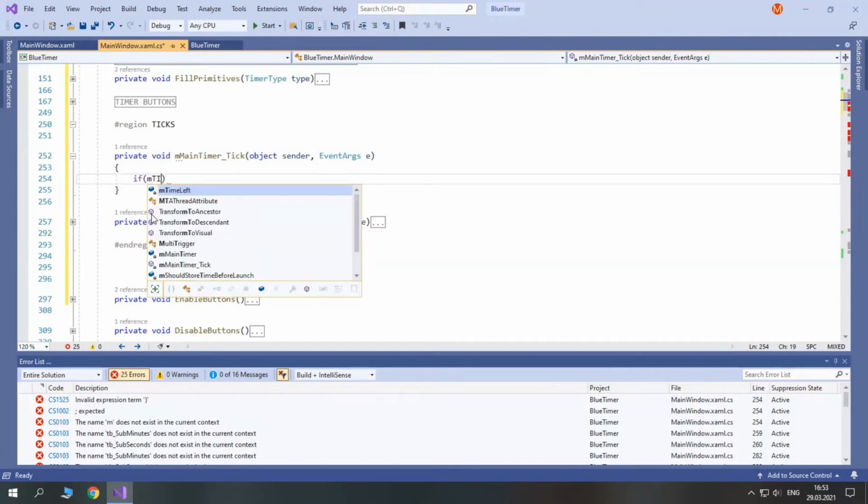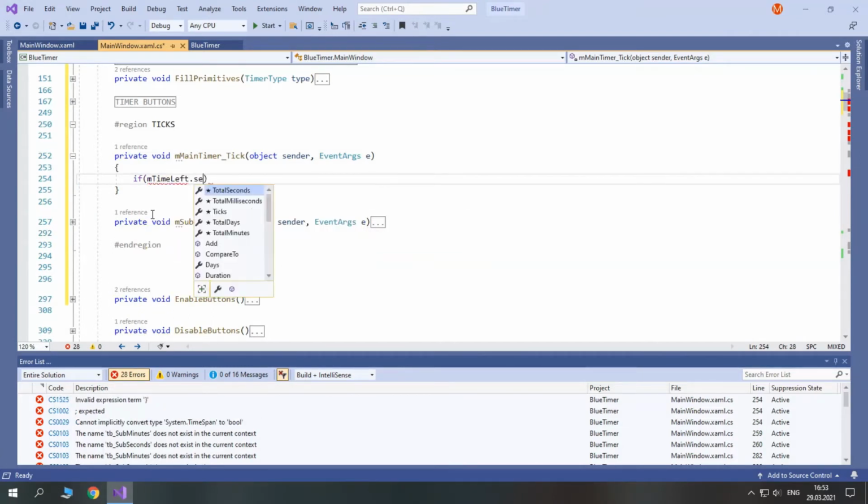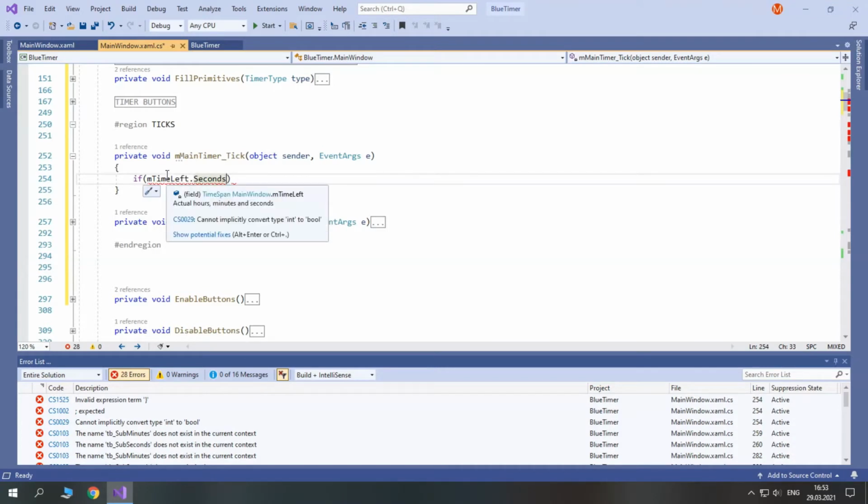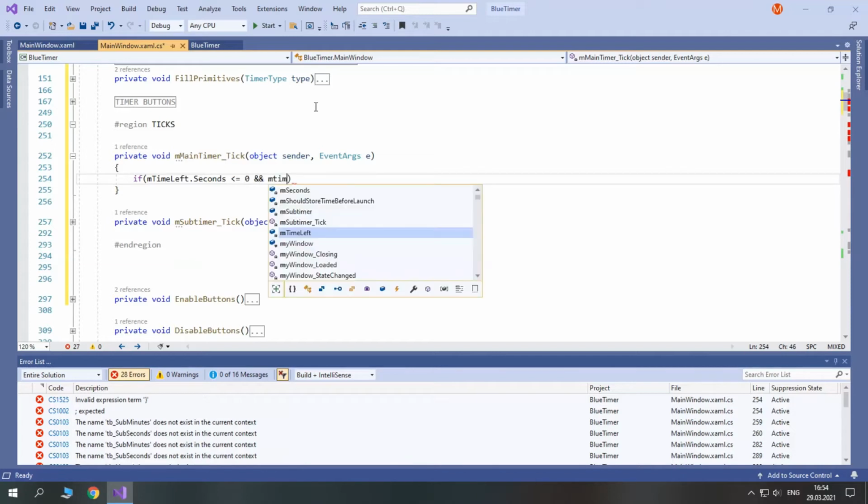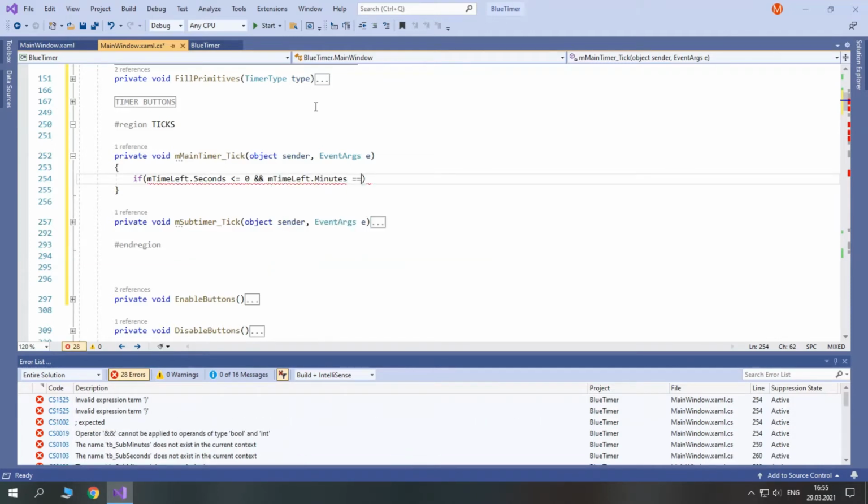If m time left seconds, and you see that we operate here with the time span instead of individual values like m hours, m seconds, and so on. So m time left seconds less or equals 0, and m time left minutes equals 0, and m time left total hours equals 0.